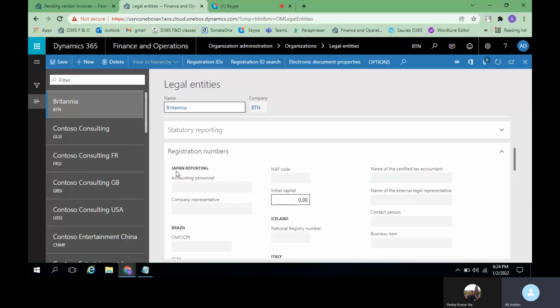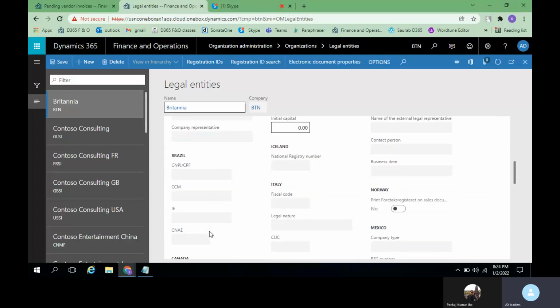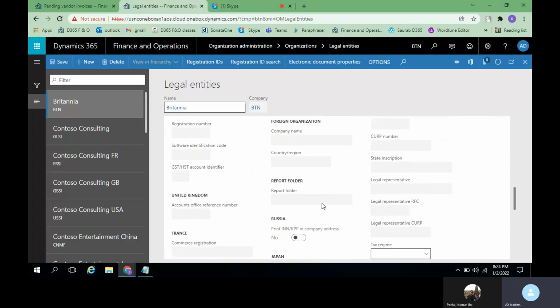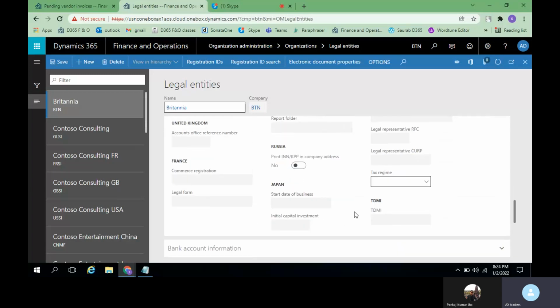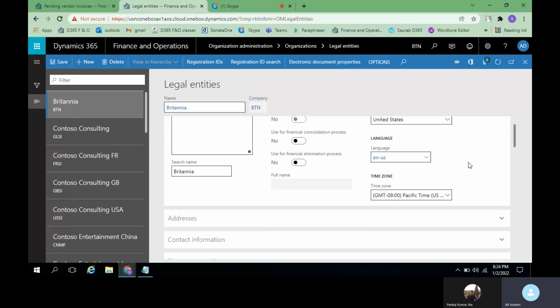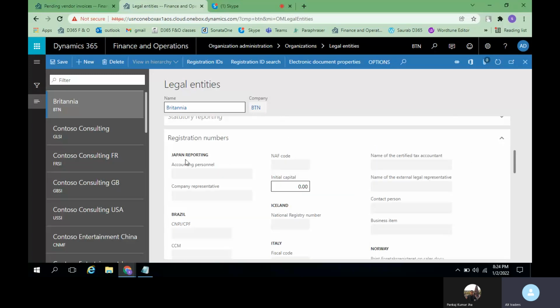If you notice here, even though we have selected USA, by default it has selected a few countries like Japan, Brazil, Italy, Norway, Canada. These are very selected countries. If you are working for clients from these countries, and while giving the address you have selected these countries, then only these options will get enabled.